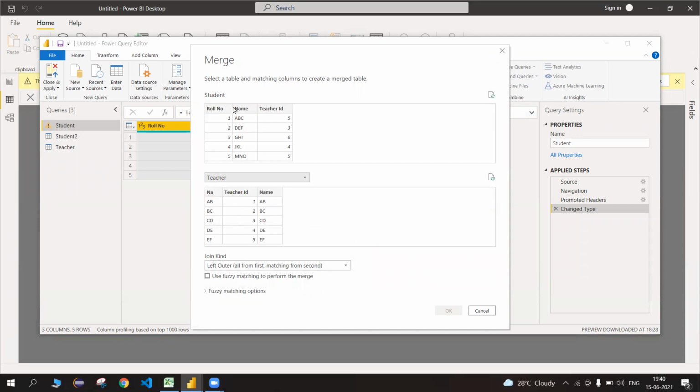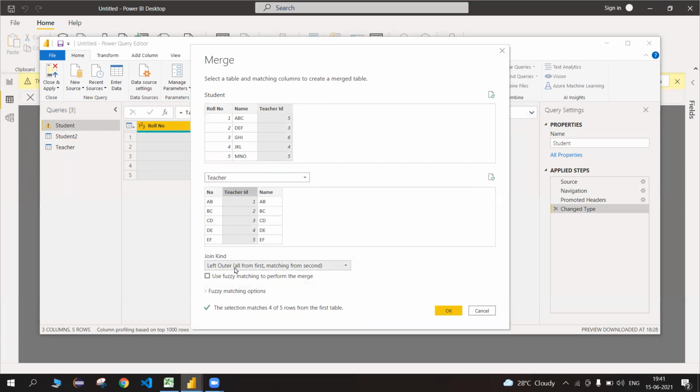As I need to merge tables, there needs to be a foreign key, that is, a common column to both the tables that could be used for joining. Basically, merging is just similar to a joining condition in SQL. So today's topic would be helpful when we study various types of joins in SQL. I see that the teacher ID column is present in both the tables, so I would be selecting it, and in the left bottom corner, you could see a tick that the selection matches 4 of 5 rows from the first table.